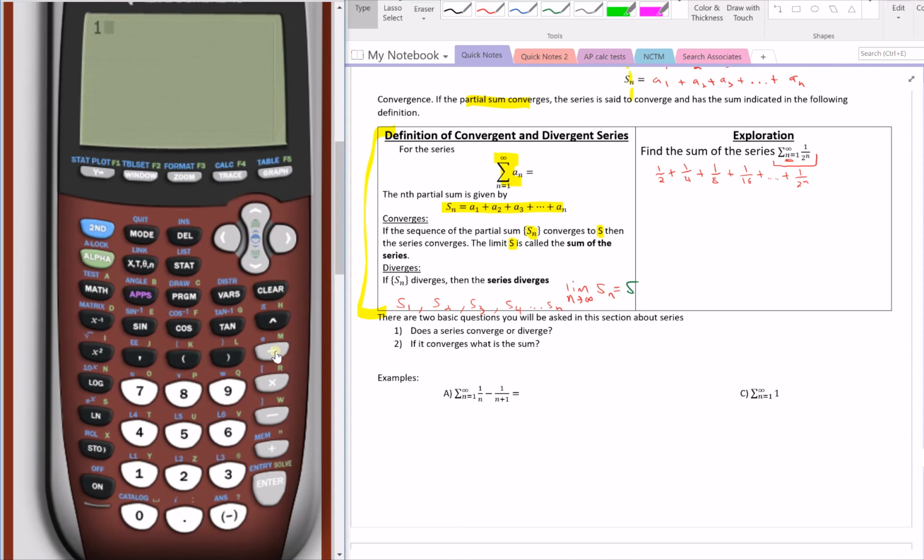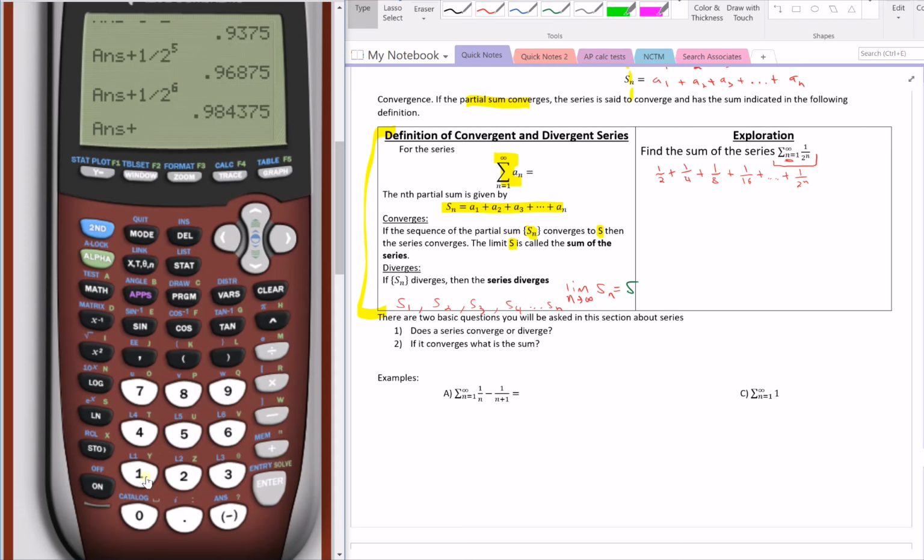So let's take 1/2 and add that to 1/4. That gives me 0.75. Then we're going to add that to 1 over 2 to the third, that's 1 over 8. And then we're going to add that to 1 divided by 2 to the fourth. And then we're going to add that to 1 divided by 2 to the fifth. And we're asking ourselves, is this number that I see there approaching a fixed value, or is it increasing without bound,